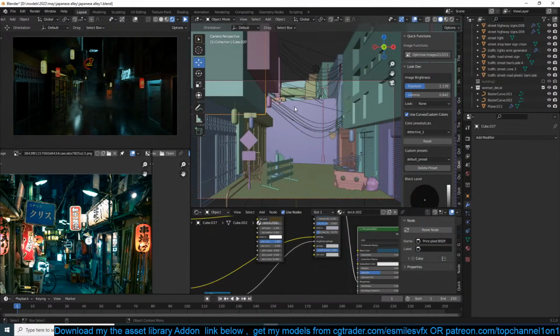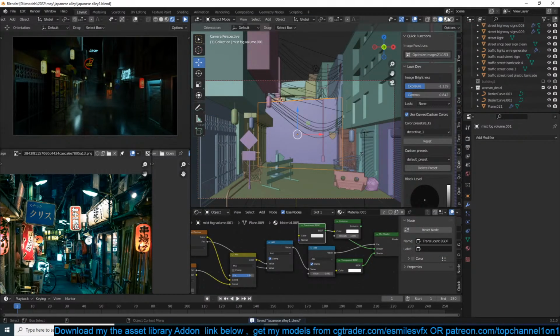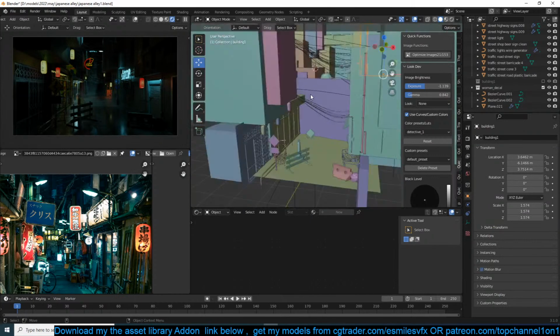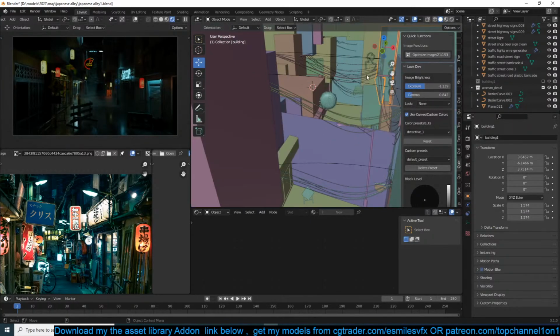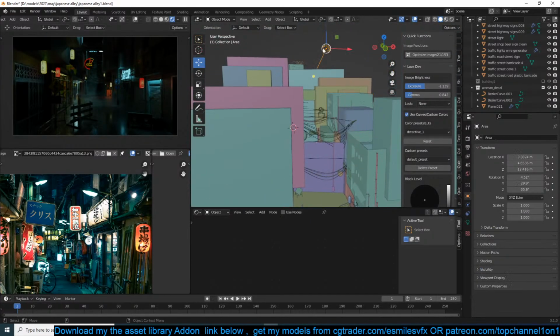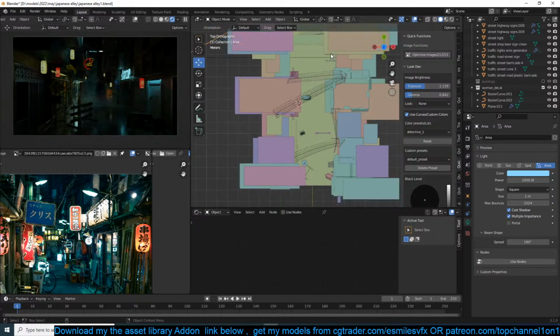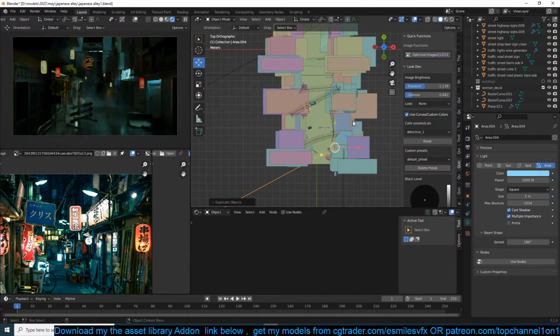Oh, so the optimization is done. I don't know why it's still showing 21, but let's see. Okay. I think there isn't much we can add to this without basically crashing the PC. Let me first increase or just duplicate this light here.